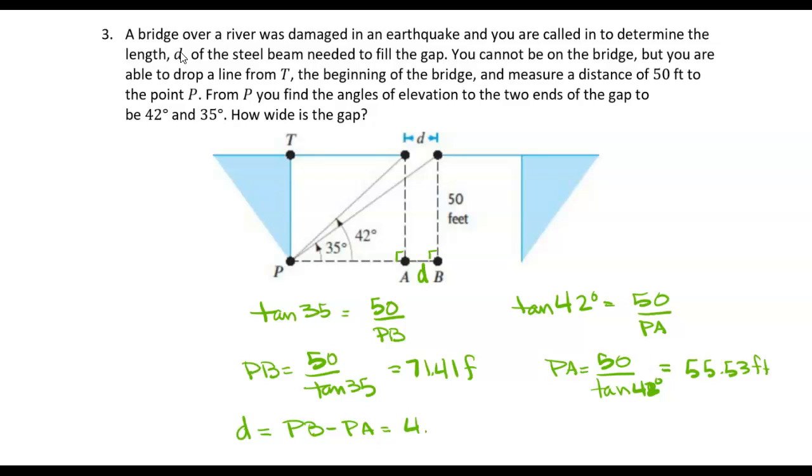Okay. So 71, hang on, erase that. So we have 71.41 feet minus 55.53 feet gives us 15.88 feet. Okay, so our distance is 15.88 feet. All right,